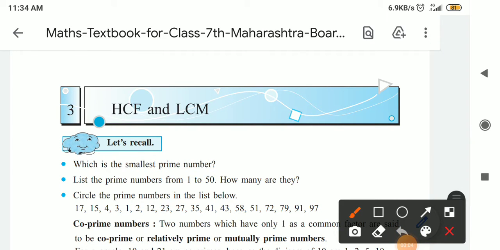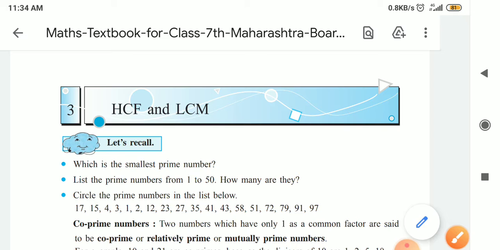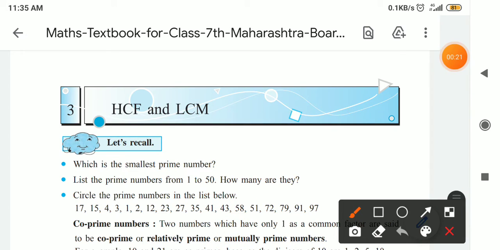Today we are going to start the new lesson. The new lesson is LCM and HCF. Okay, LCM and HCF. So first of all, what is the meaning of HCF? HCF is a short form: H for highest,